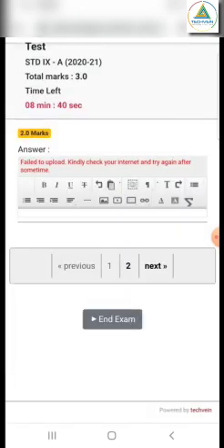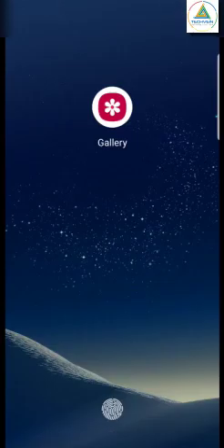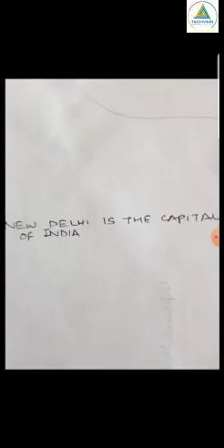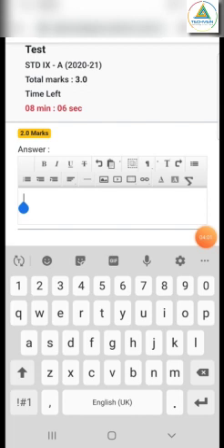When you get this error, this means you have a poor internet connectivity. Now we will again reduce the size of this so that we can get a better understanding of this. Now we have improved our network. I have come to a location where the network quality is good. So now we will try to insert the image.